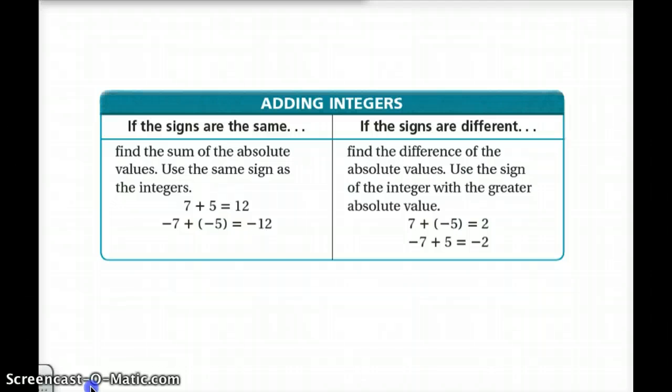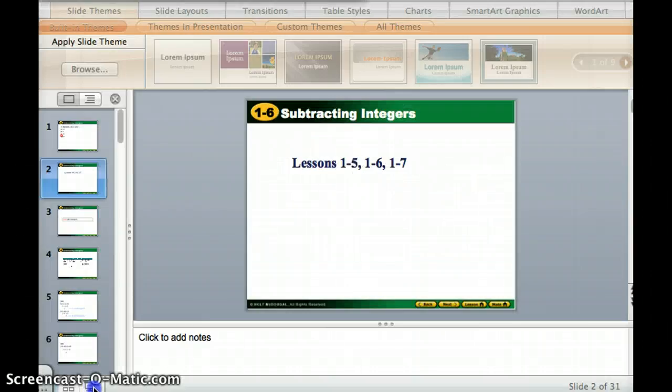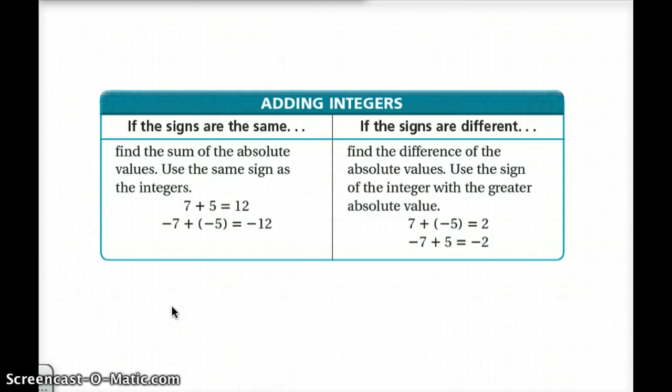So in the first example, 7 plus negative 5 equals a positive 2 because the 7 is the greater whole number. Negative 7 plus 5 becomes negative 2 because 7 has the greater absolute value, but this time it's the negative number. If we're talking in the sense of a number line, when we're adding a positive number, we're going to be moving to the right. If we're talking about adding a negative number,